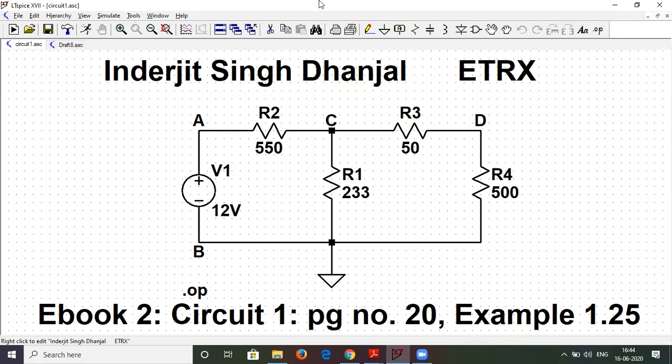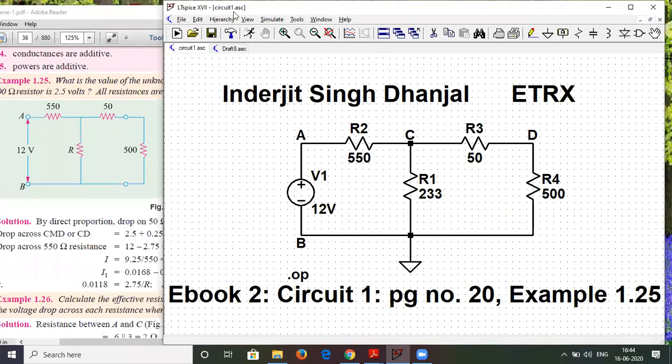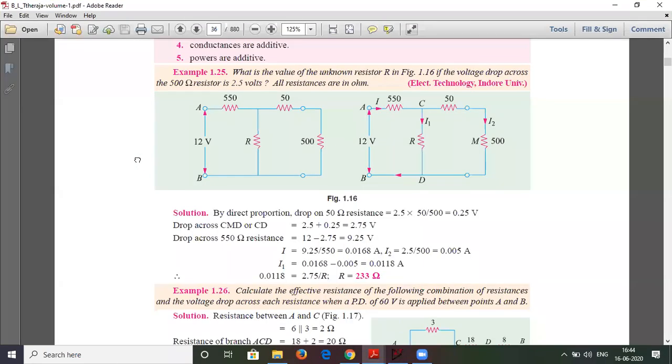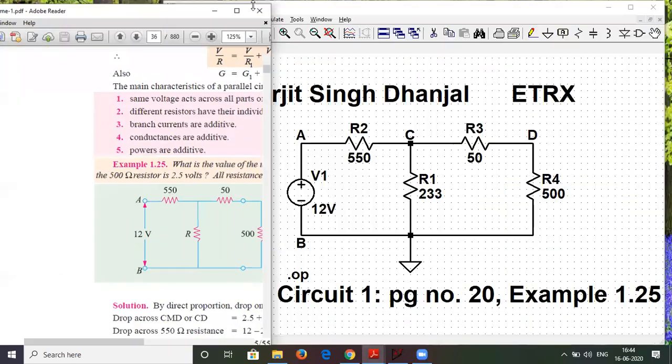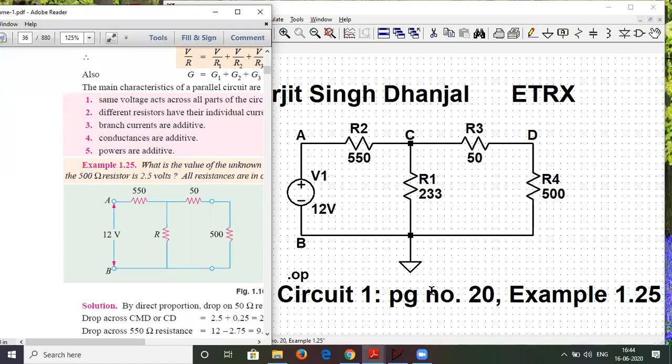Let's say a numerical has been assigned. This internship is about this. You will be assigned a solved or an unsolved numerical from any textbook, which you might know or might not know. A page number will be assigned and a numerical number will be assigned. It's very important that in your circuit, you write this.